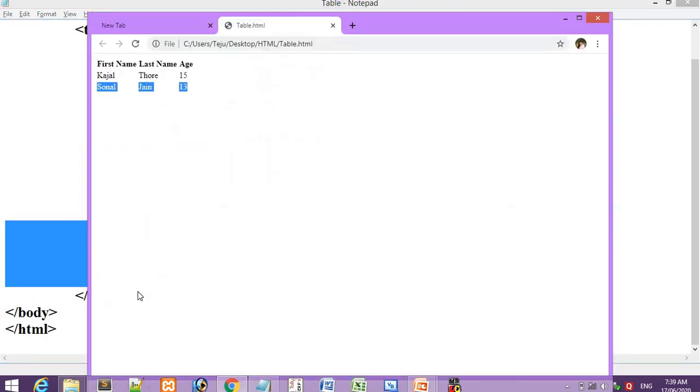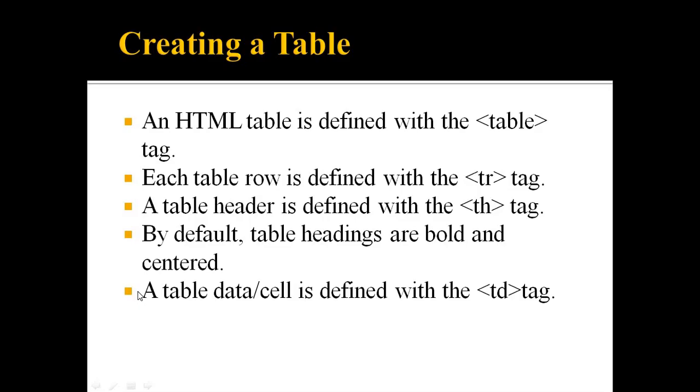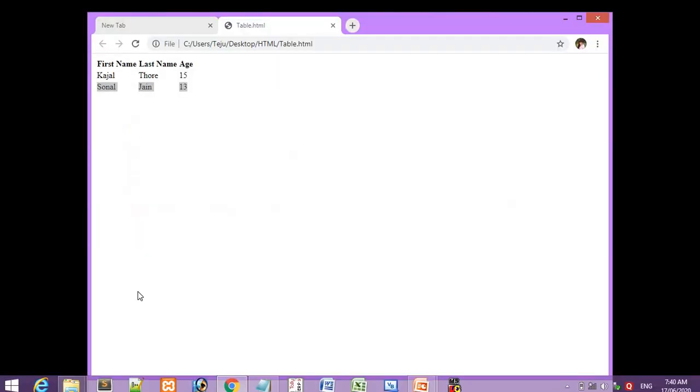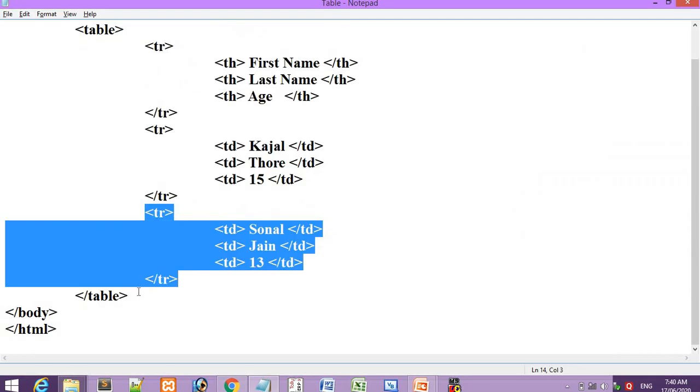Now further points are remaining of this chapter, that is using attributes of tr, td and th element, that we will see in the next lecture. But before ending this, please do practice of this program, of this practical at your home in a notepad, and if after the practical is done, just inform me with thumb or by saying yes that we have performed the practical. Just inform me.